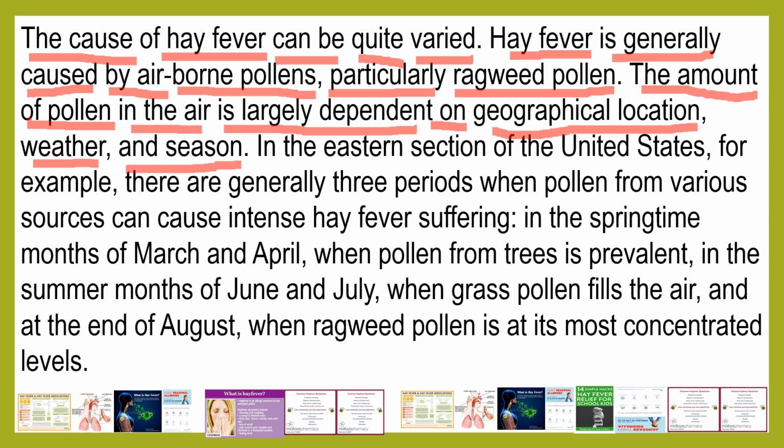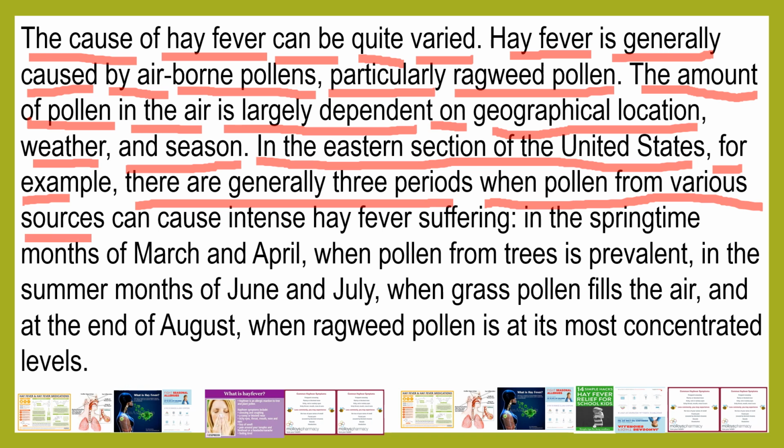In the eastern section of the United States, di kawasan timur Amerika Serikat, for example, misalnya, there are generally 3 periods when pollen from various sources can cause intense hay fever suffering. Pada umumnya ada 3 masa di mana serbuk sari dari berbagai macam sumber dapat menyebabkan serangan demam jerami yang parah,